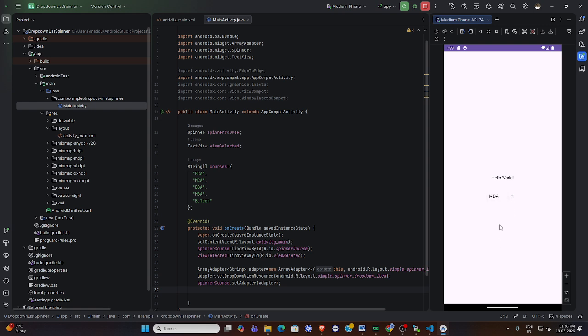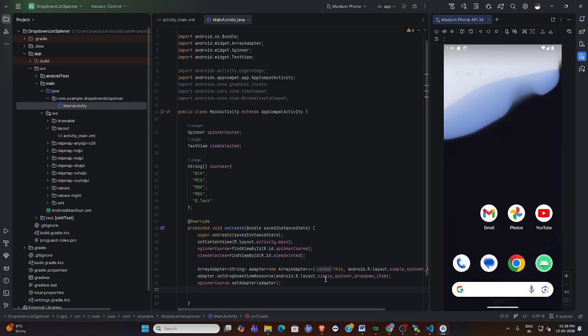So I want, when I select something, a pop-up message to come and show MBA selected. Otherwise, in the hello world place I need to replace it with the selected one. For example, if I select BTech, it needs to show BTech in the hello world place. Otherwise if I select BCA, it needs to show in the hello world place. At the same time a small pop-up message also needs to appear. For this purpose